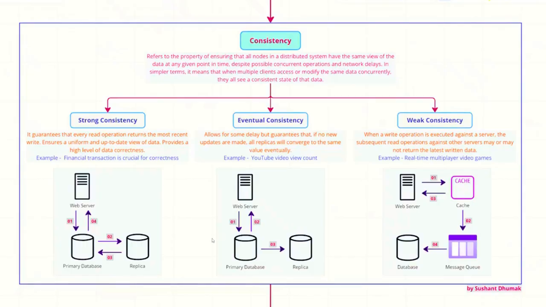And we also saw the meaning of it. Strong consistency comes into the picture where data similarity or correctness is more important. Because of that, we need to have data replicated to all replicas, and then we respond back to the web server. But in case of eventual consistency, we just send back the response from the primary database. The data will be copied to the replicas later on. And similarly for weak consistency. So we have seen this concept, and on the same line,